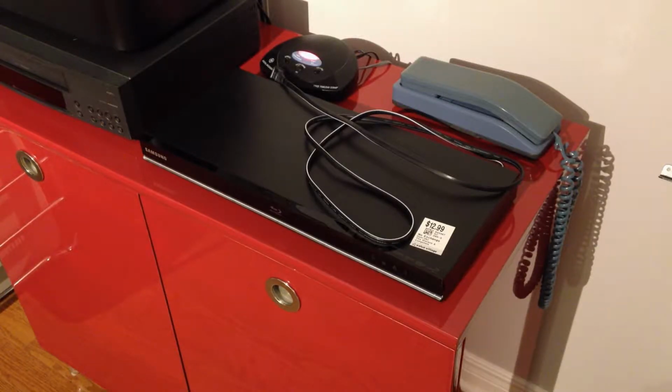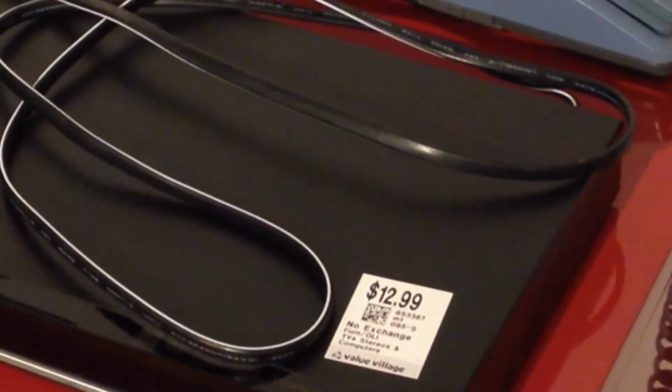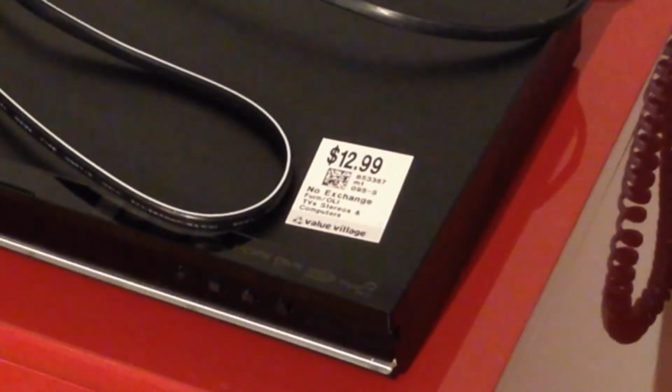Every now and then I find something in the garbage room. One time I found some sort of monitor that seemed to be okay, maybe because somebody got a bigger monitor. This is a Blu-ray disc player, and I'm guessing there's something wrong with it, but we'll see. It looks like somebody bought it from Value Village, and I'm guessing that there's something wrong with it that's in the garbage room. It's not impossible that it actually works, but I plugged it in and I can see that